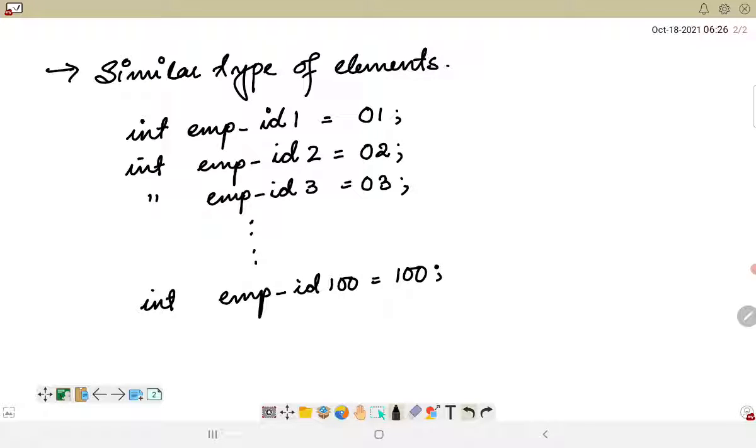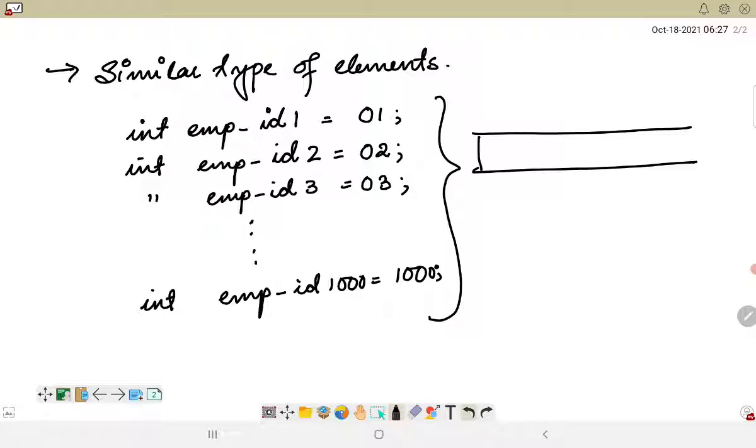Okay, so these are the 100 different employees that we have in one particular organization, and it might go up to 1000 also. So it might have n number of employees within it. So what are they? They are similar type of elements. That means all of these elements belong to a particular type, which is the employee id. And from the definition of arrays, we have to understand that these similar type of elements are arranged in a contiguous memory location.